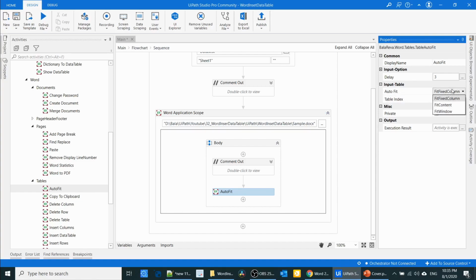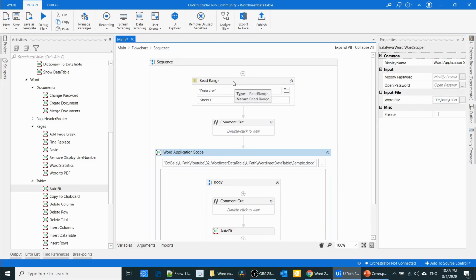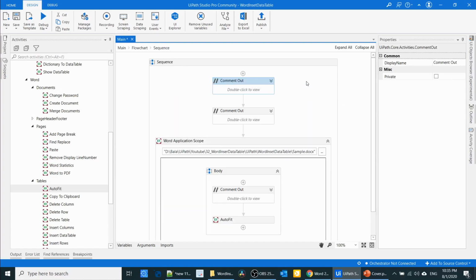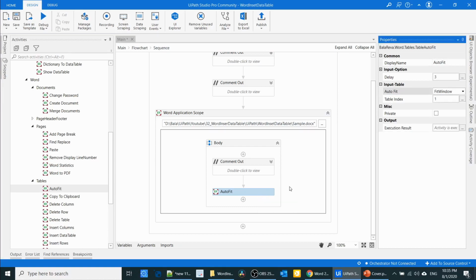First I'm going to set the auto fit window. And also I'm going to comment this read range. So now we have only the Word application scope and auto fit, only two activities. So now I am going to set the fit window.